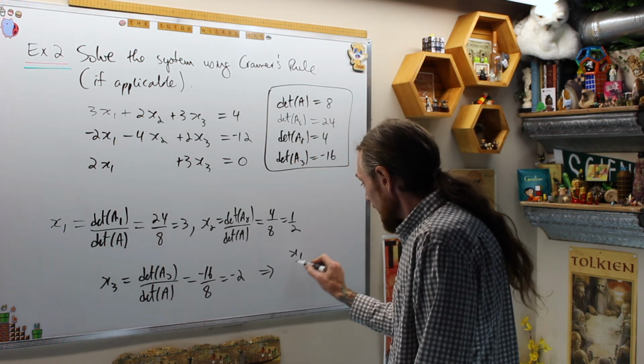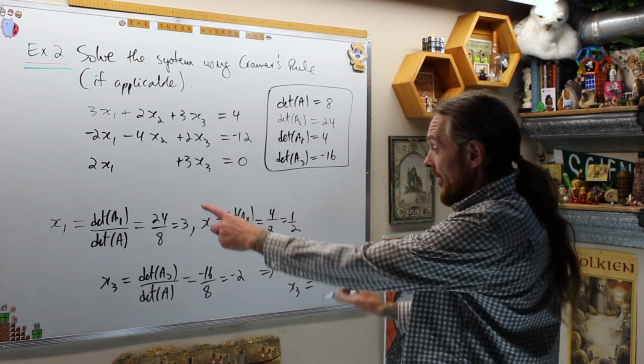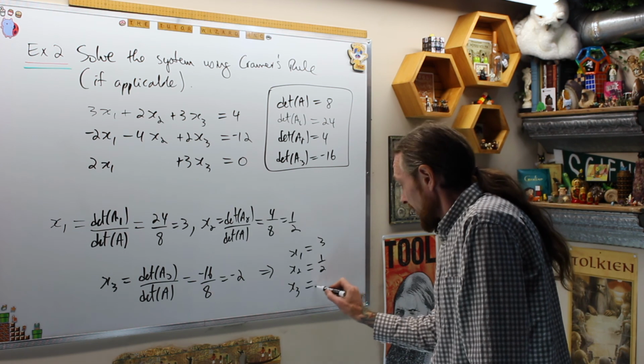Or the unique solution is x1, x2, x3 equals 3, 1/2, -2,